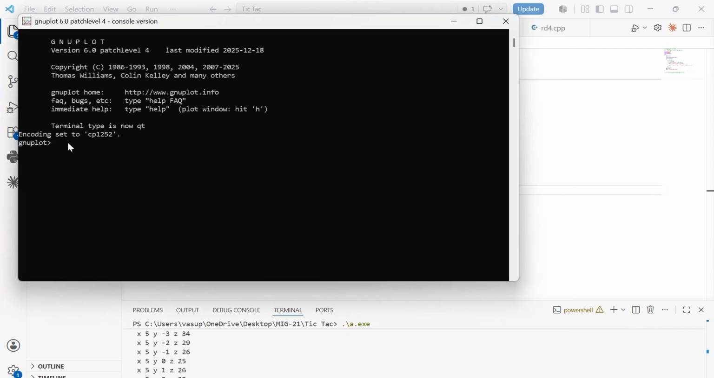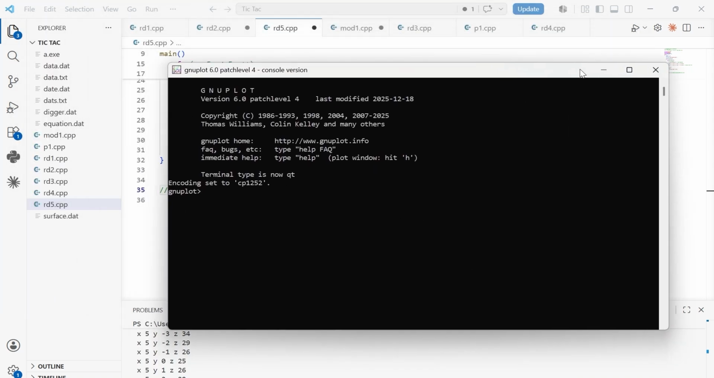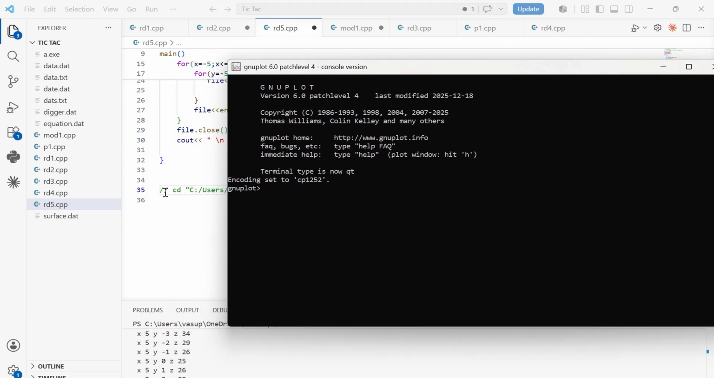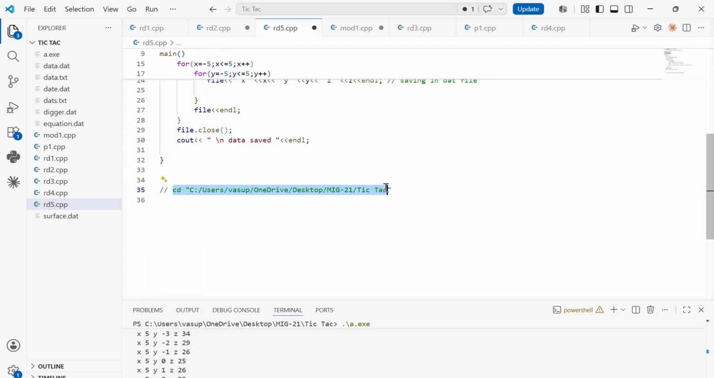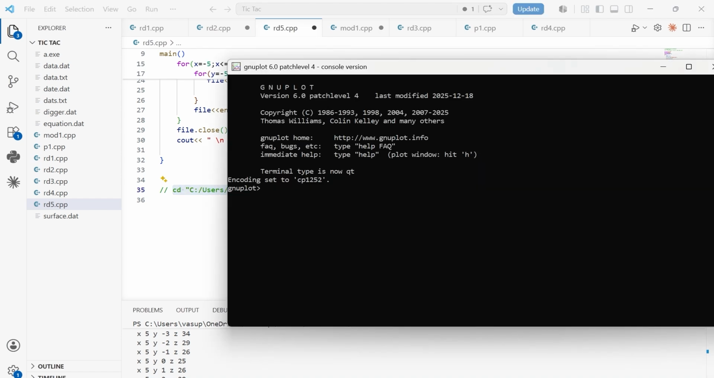So now we are there, and what we can do is copy paste, Control C, then Control V. Okay, now this is reading. So now we will write plot equation,